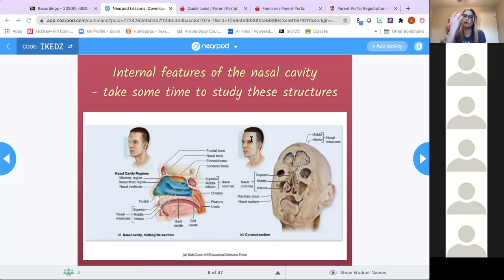The nasal vestibule contains vibrissae. I think that's how you say it. And they're not labeled here, but this is basically your fancy word for your nose hair. These are going to trap your large particles, which are part of air and which need to be kept out